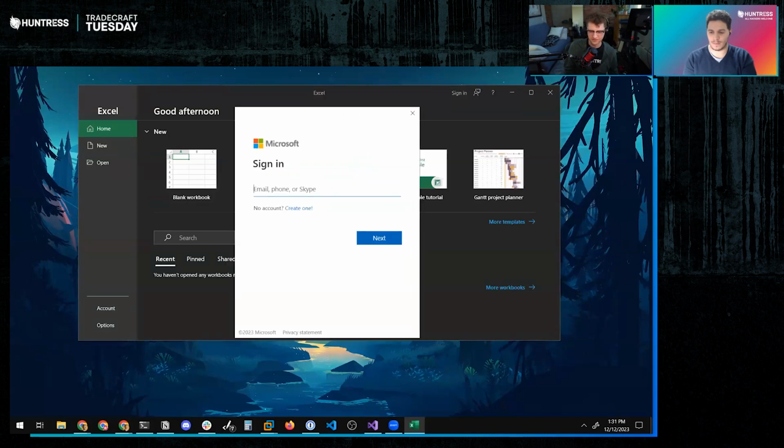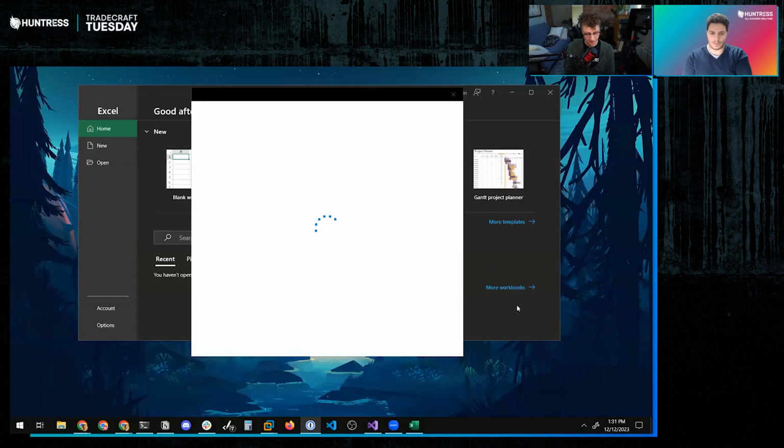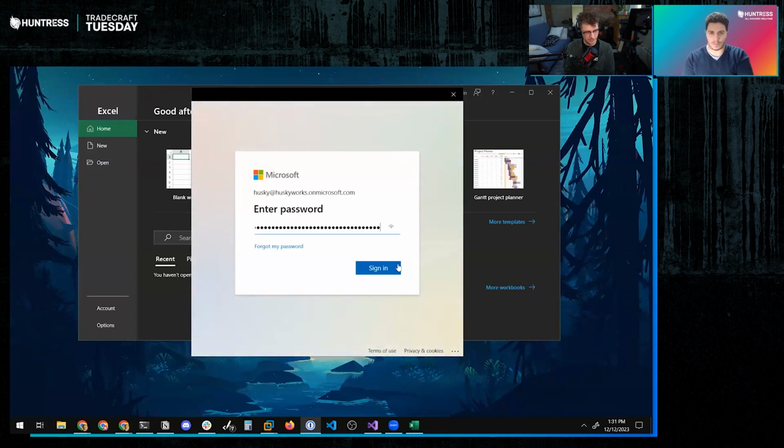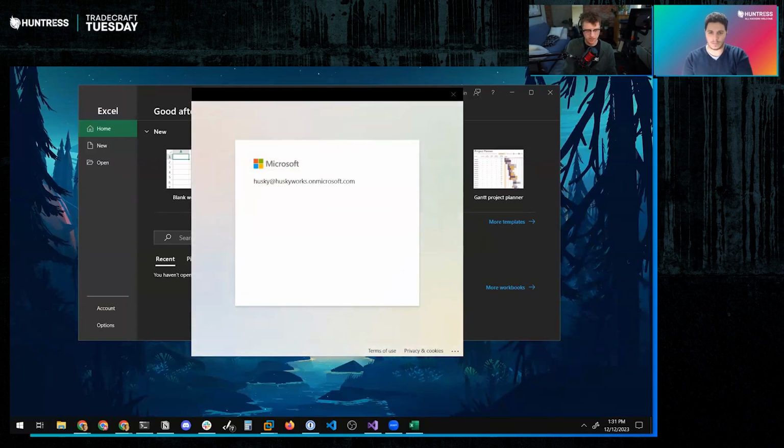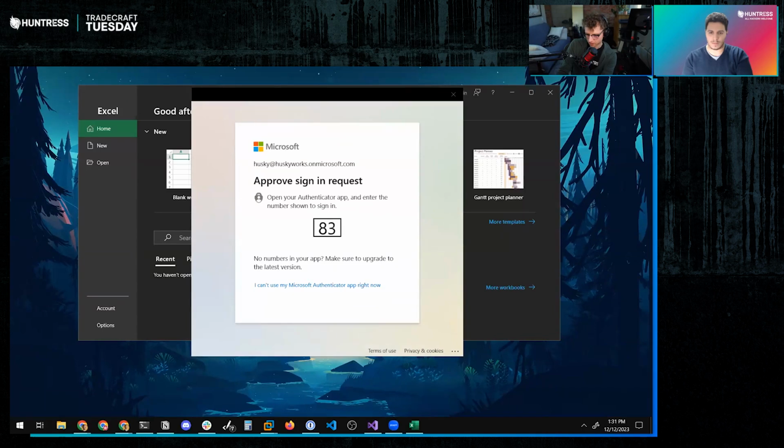But in any case, let's say that I have my Excel desktop application signed in here. I'll probably have to two-factor my way into this as well, because I am a good security practitioner. I use two-factor on everything. And I'm going to sing the two-factor song while I put in my little code. There we go. And good.